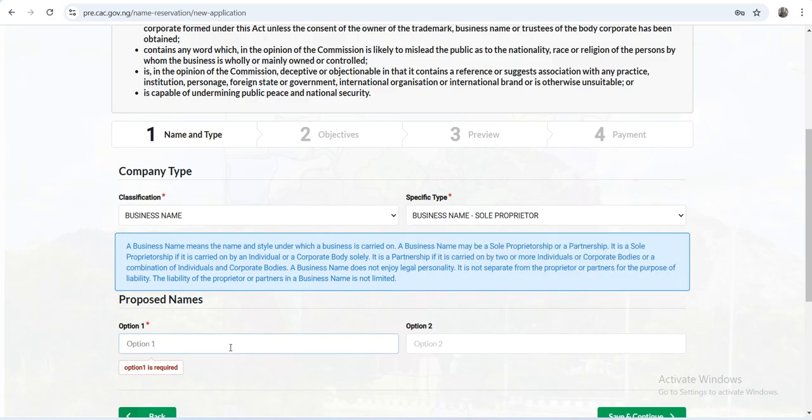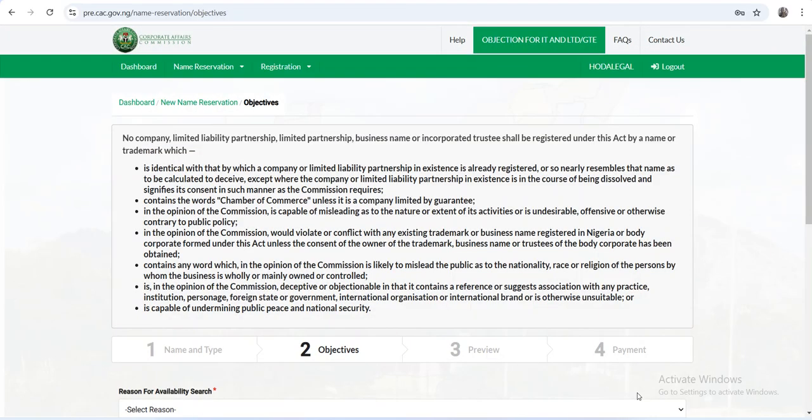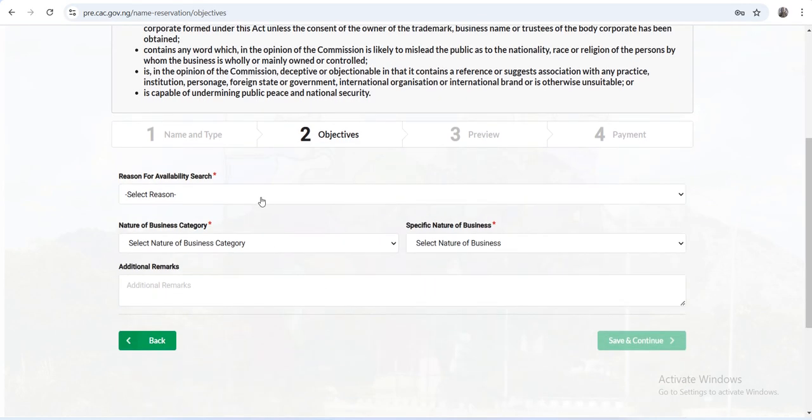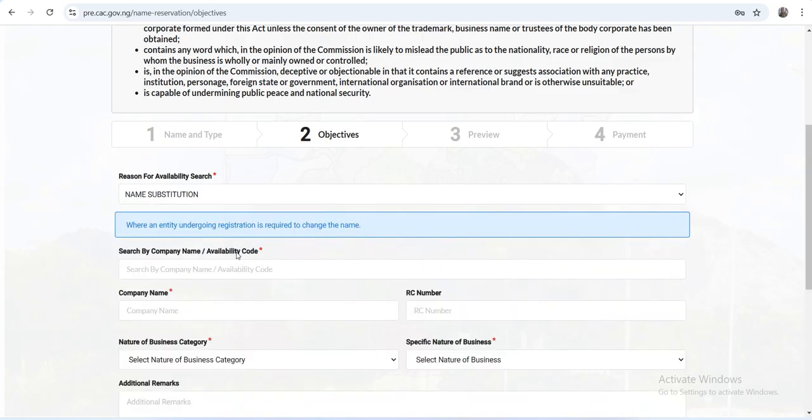Then put in the name of what you want to search for, like we did Qtin Global Concept. If there is another option that your client needs, then you can fill in option 2. Save and continue. Then under objective, instead of the reason for availability, choose name substitution. And with this, key in the name of the company or the business name or the NGO that your client wants to register, and then you will see similar companies close to such a name,